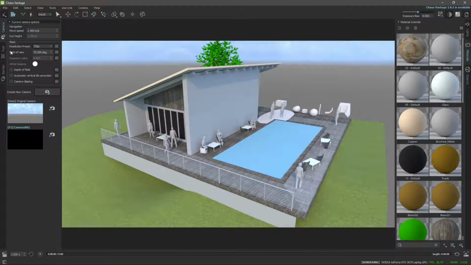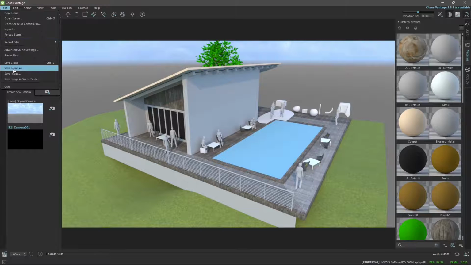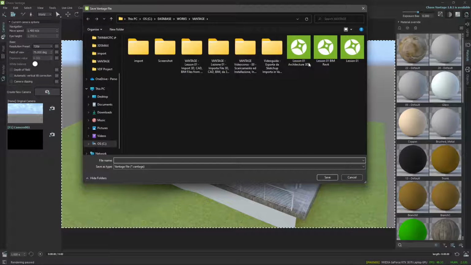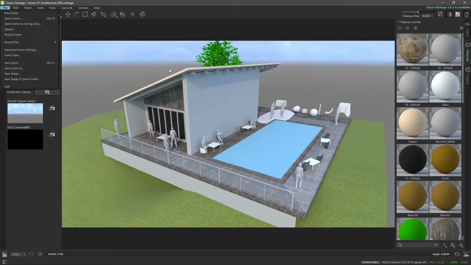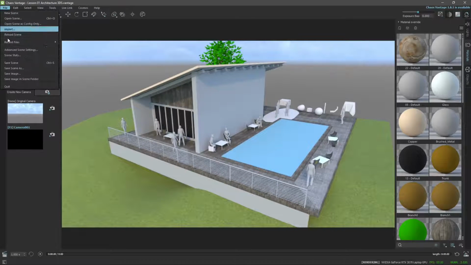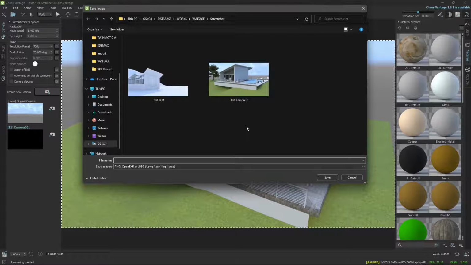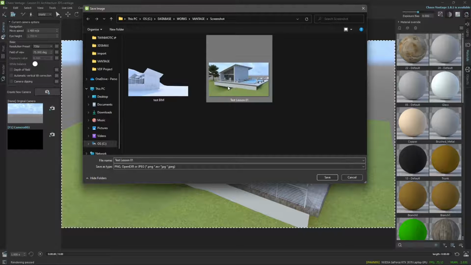Okay, now let's move on and let's go to the next example. I'm gonna save this scene as lesson 01 architecture 3ds. That's gonna be fine. So you can see here, you can definitely use VANTAGE instead of Arnold render, which is in 3ds Max. So you can save scene, you can save scene as when you want to save. You can also save the image. So I'm gonna save this again. You see this, I've saved this as test lesson 1. Let's call test